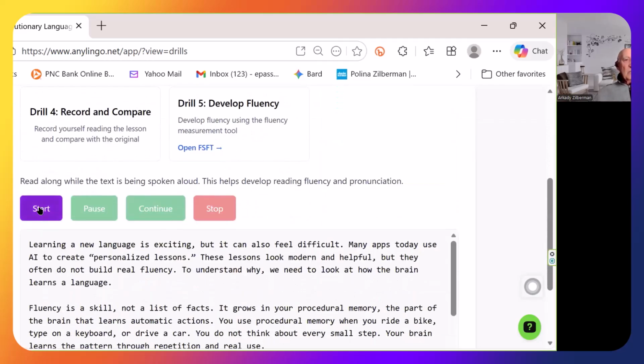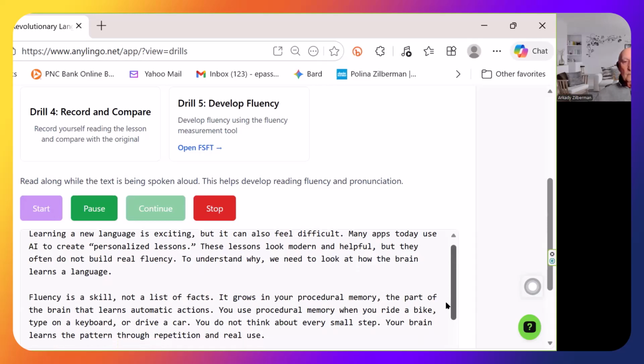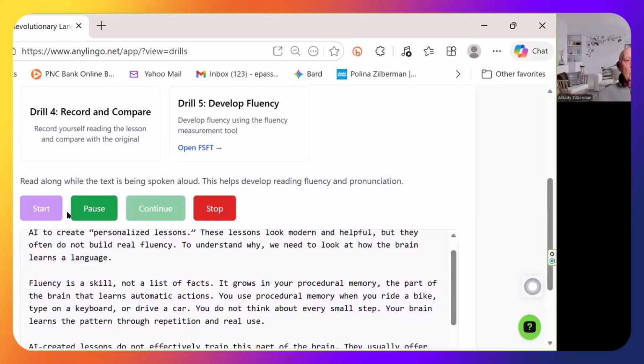So when we click on the button Start, learning a new language is exciting, but it can also feel difficult. Many apps today use AI to create personalized lessons. These lessons look modern and helpful, but they often do not build real fluency. To understand why,